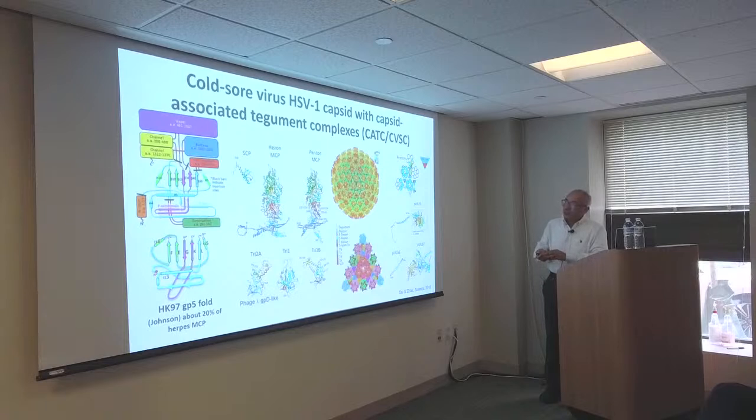From outside, there's a protein called small capsid protein, SCP. From inside, there are also other proteins, for example these triplex proteins. Triplex here is a heterotrimer of two proteins, as shown here. You can find similar folds in some, not all, phages. For example, phage lambda GPD has a similar architecture, a very small version of that, and in the case of lambda it is a homotrimer. In the case of herpes, it's a heterotrimer with different structures.